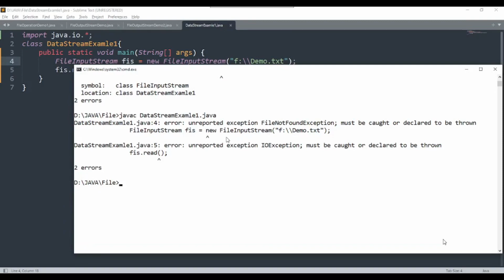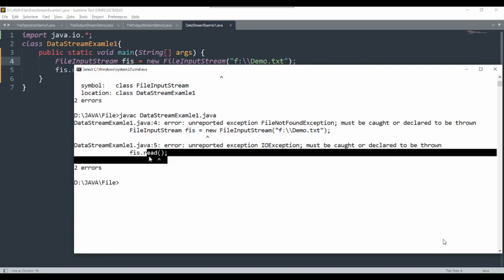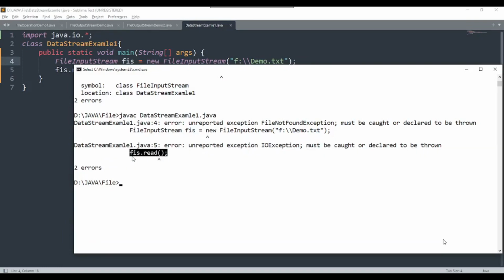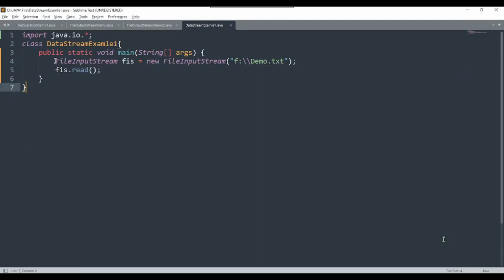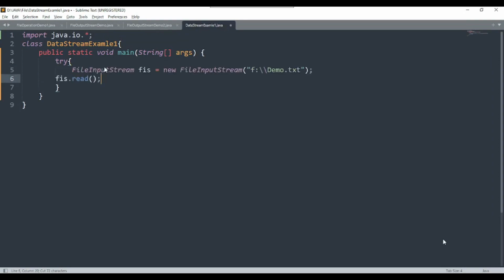It means that you have to write this line of code into the try and catch block. So there is an error on line number 4 and 5: unreported exception IOException must be caught or declared to be thrown. As we know, the read method is not working right now because we have to write this code into the try block. So I am cutting this line, will write a try block over here and paste it